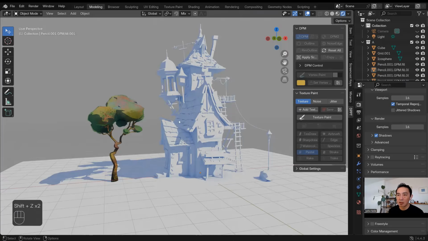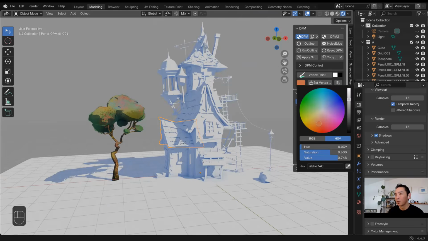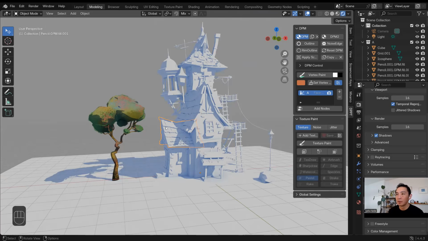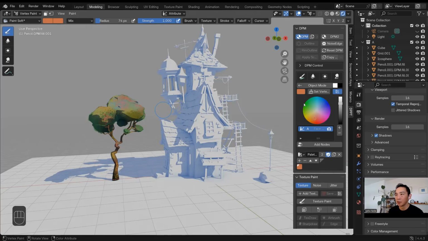To this house, I'll do a blocking color first. And yeah, let's make an orange roof. By the way, you can open this one while on the Vertex Paint, and then you can make a palette to save the color if you want to.